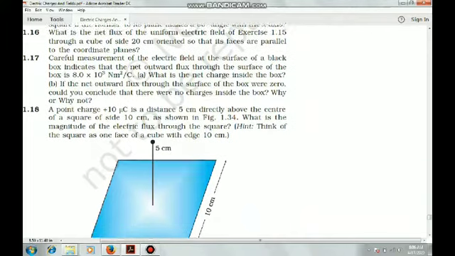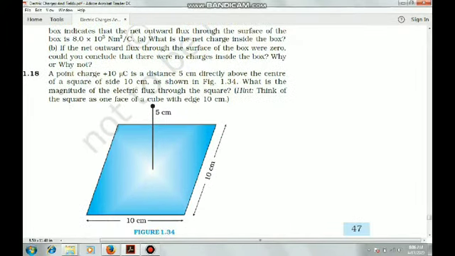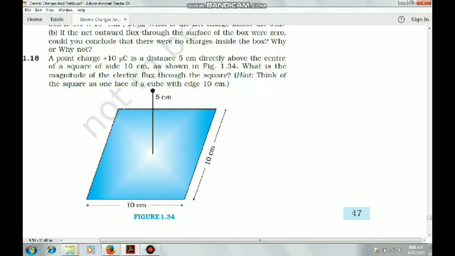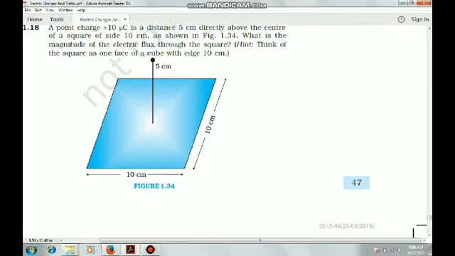Now 1.18. Presently I am not giving any hint for 1.18. You have to try it on your own, because this question was part of the CBSE paper 2 years ago, a 5 marks question. So you have to try it on your own.